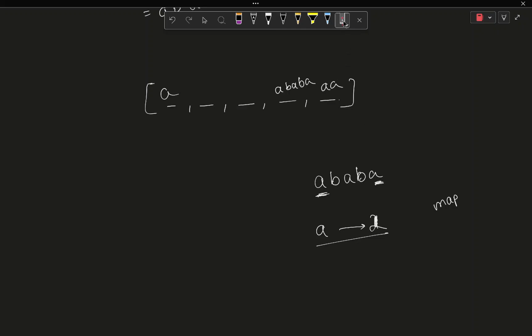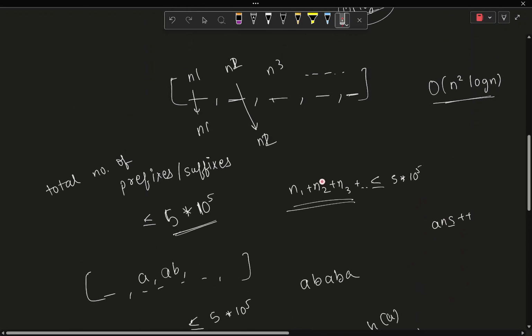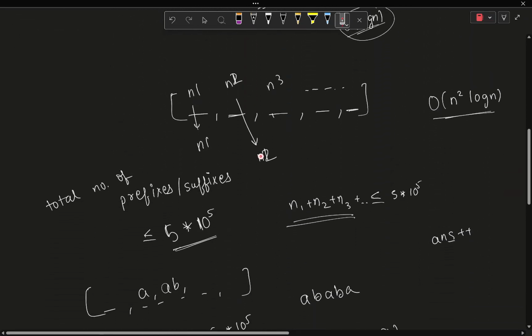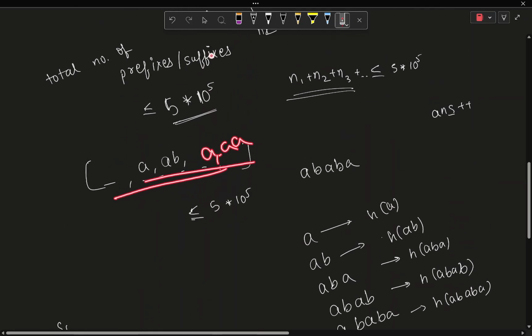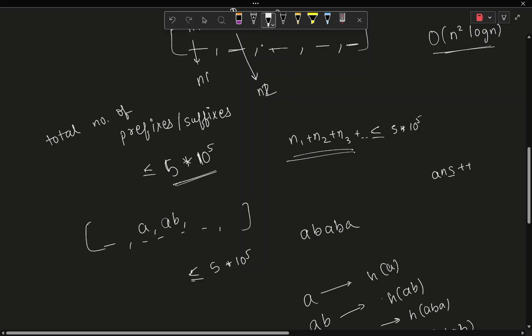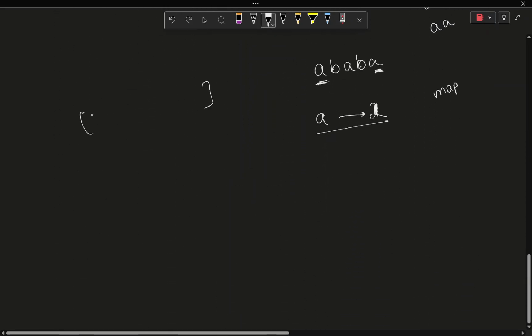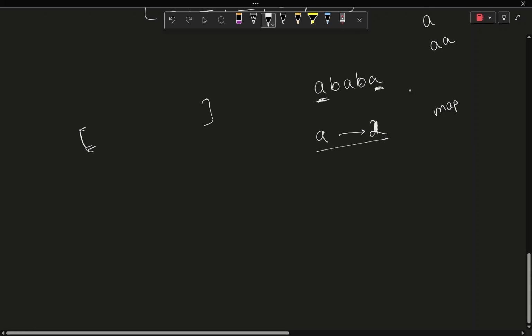So basically, if I see this thing, I know it has a prefix A coming up as the suffix as well, and AA is also coming up as both prefix and suffix. So I will just store it somewhere here. This thing is coming up as both prefix and suffix. Maybe like the array we were talking about in which we will store, you can just store it there. And let us say if you had an array in which all the prefixes and suffixes which are equal for some strings were being stored inside this,